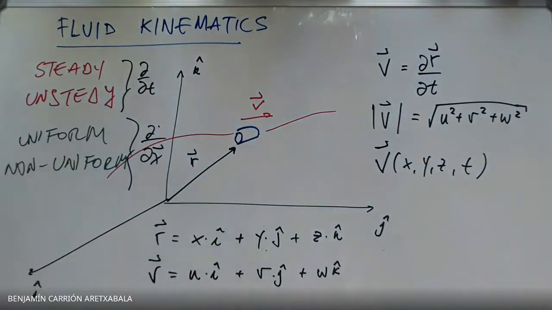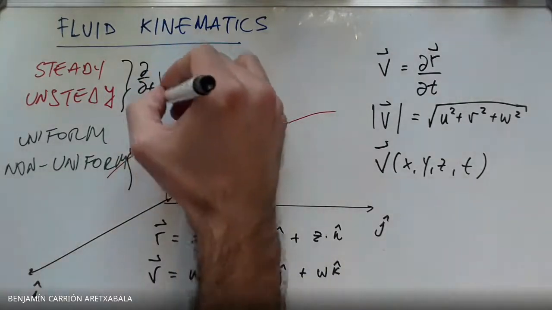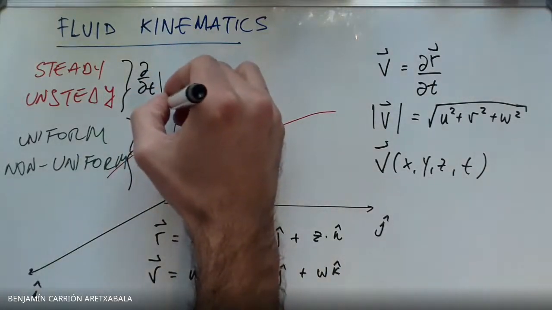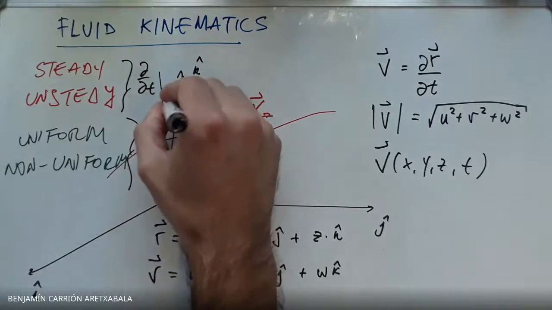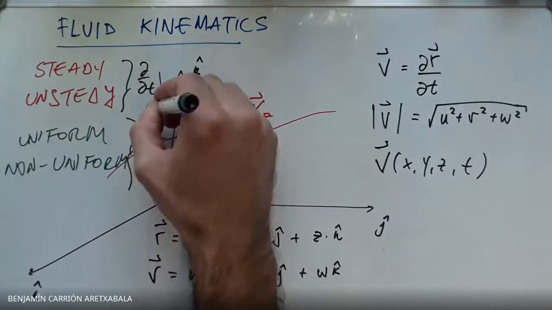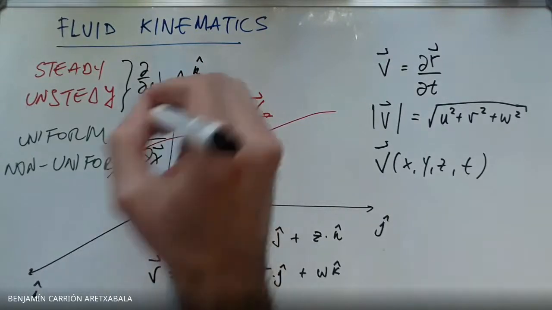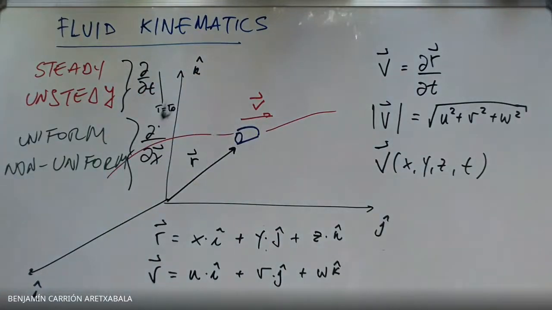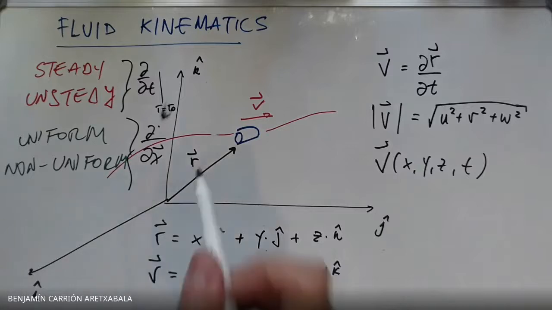So this is d/dt at some point, let's say r equals r naught. Okay. So the flow at one part of your fluid could be steady, but in another part could be unsteady. Okay. The same goes with uniform, non-uniform. This also applies, and it is evaluated